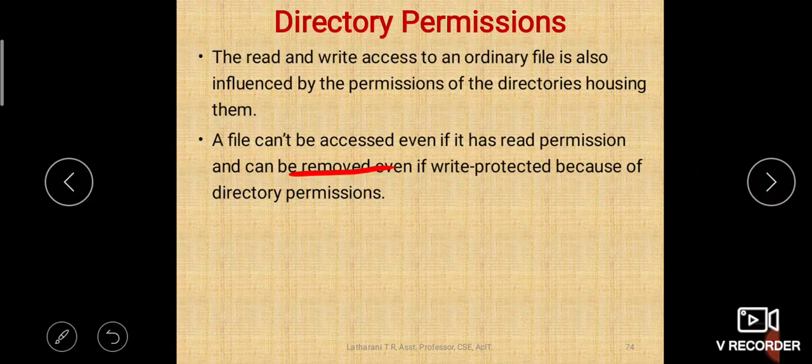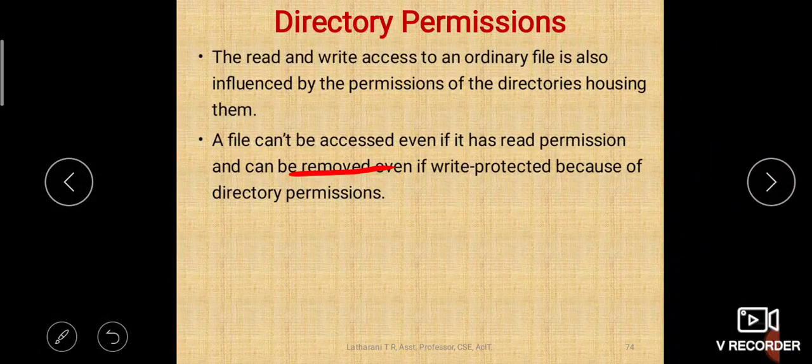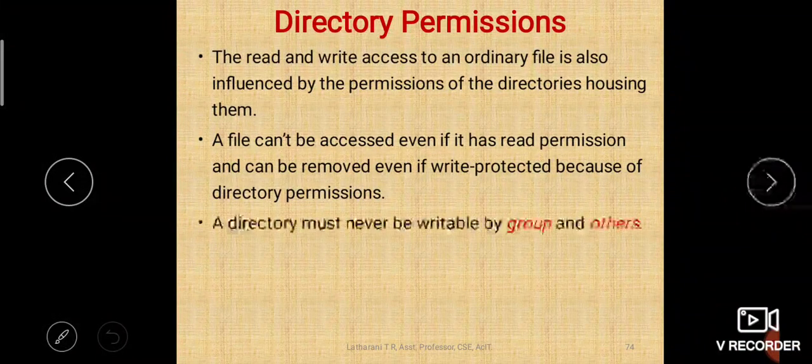So the file doesn't have write permission, but if the directory has write permission, you can delete the file. That is how the directory permissions work.